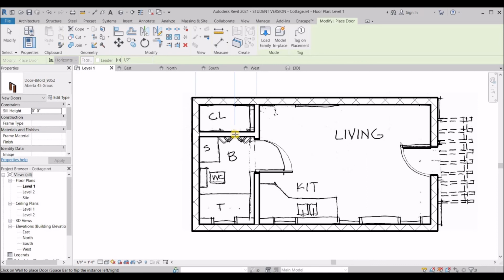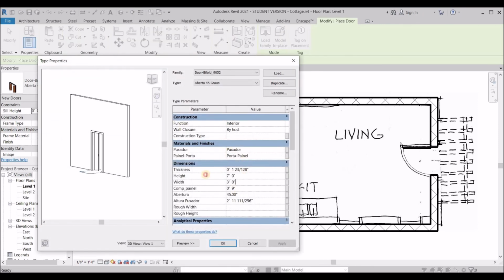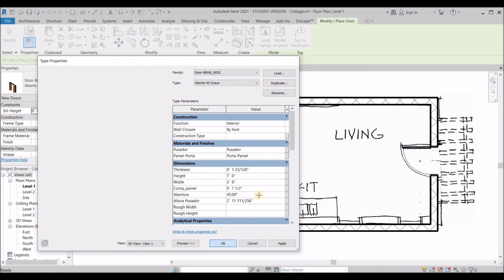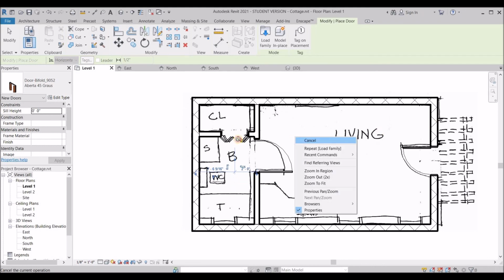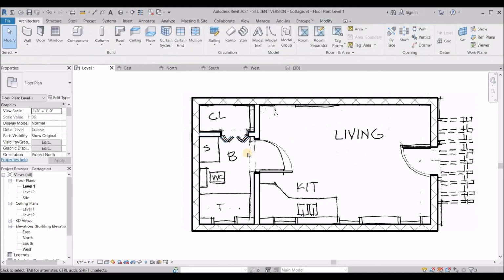If I wanted to, I can even make it smaller so that it fits with the sketch that I have here. So if I wanted to, I can go back to edit type, and I can make some changes here. Rather than 3 feet, I can make it 2 and 6. So 2 feet and 6 inches, and I'm gonna say OK, and let's see if that works. I think that's perfect, honestly. Yeah, so I can move it afterwards as well. So click, and that's the way that you bring in an object from an outside source and make changes using